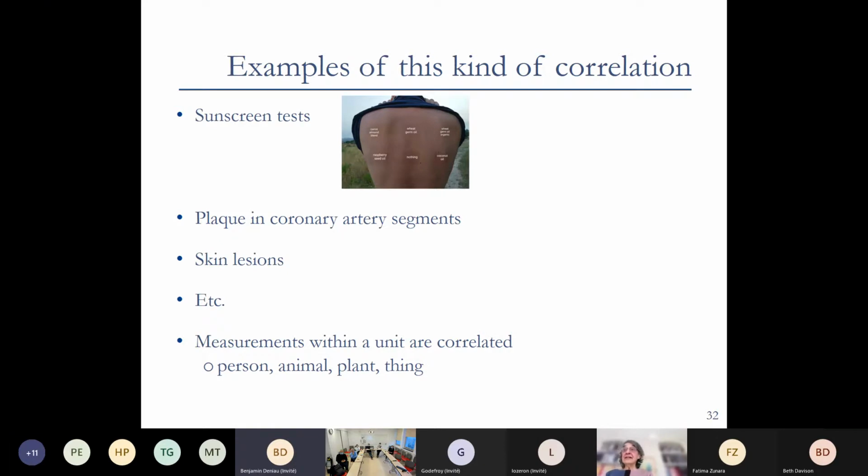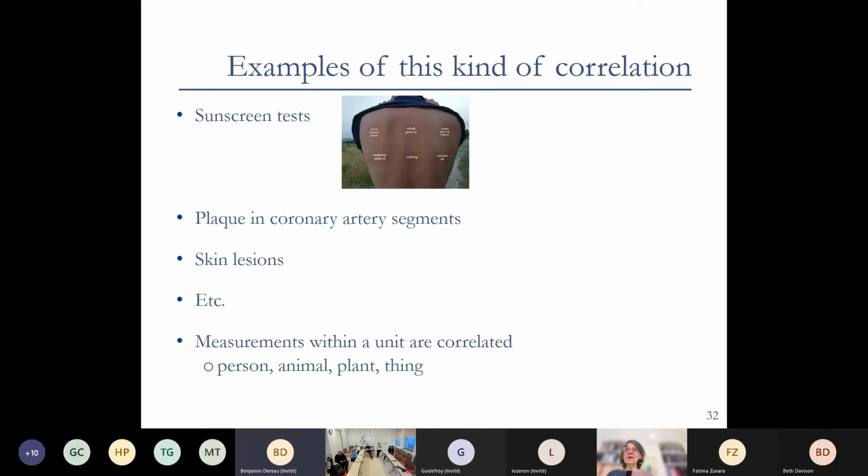There, you have to take into account the fact that it's the same person's skin, and you have to take that correlation into account. The first time I saw an experiment like this, it was a sunscreen experiment where every person had 8 little sections on the back,